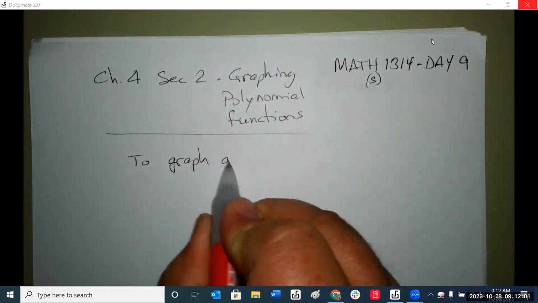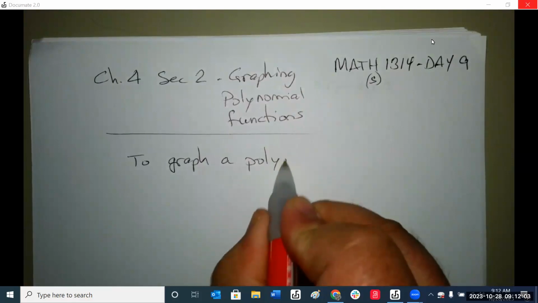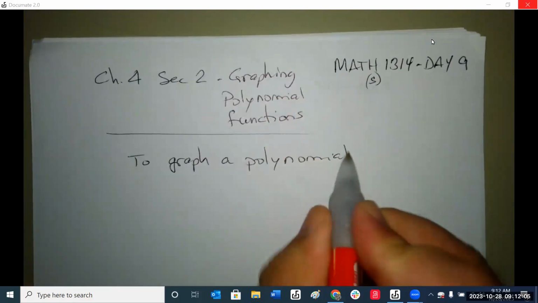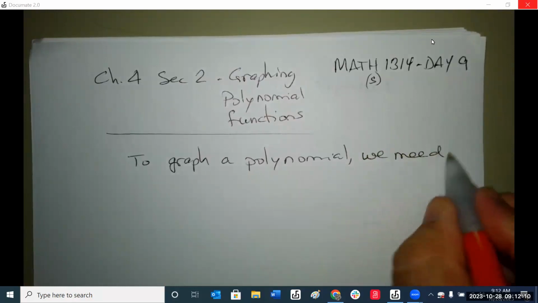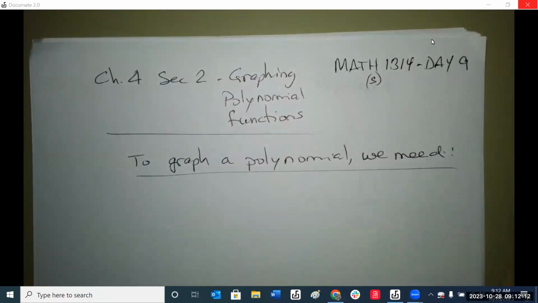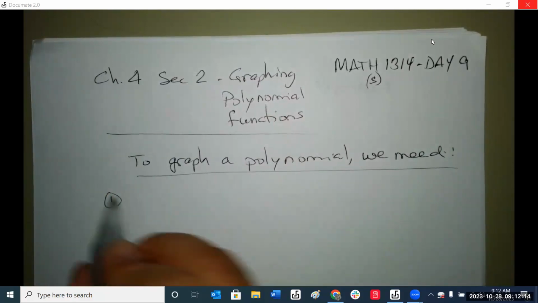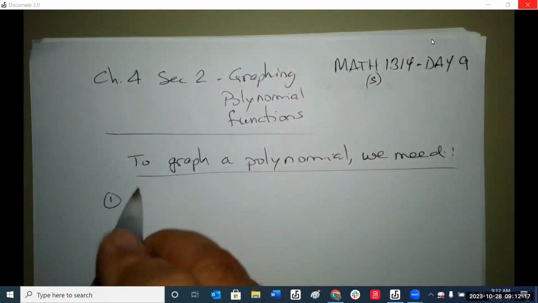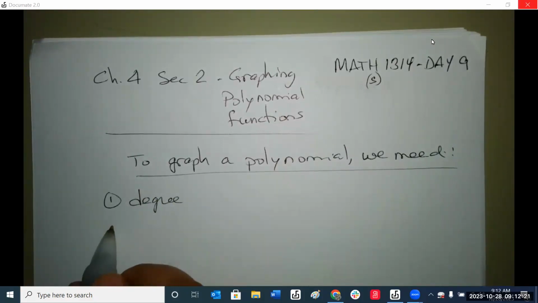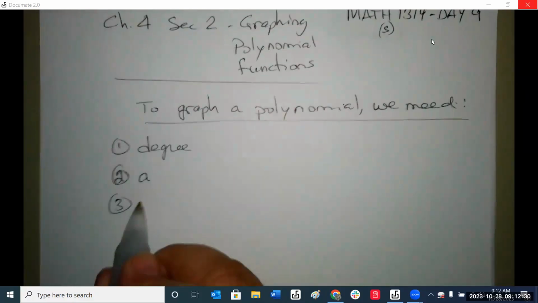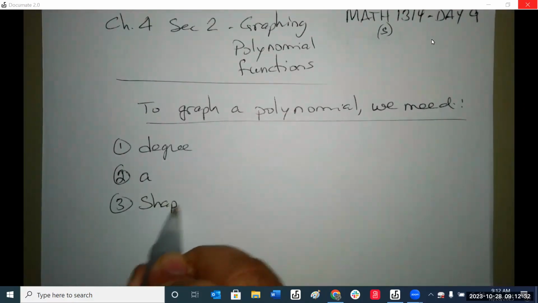To graph a polynomial, we need the following: the degree, A, the shape